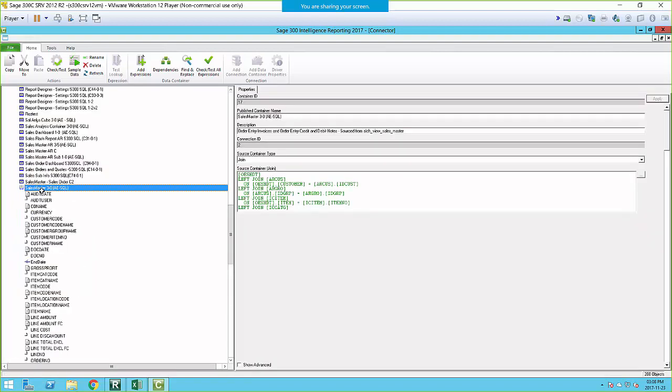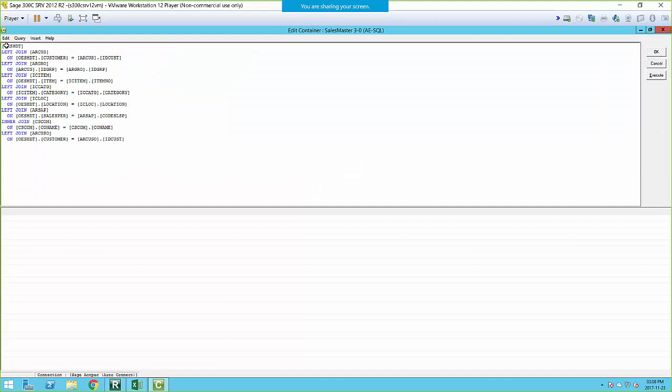Remembering the best practice would be to make a copy of this and then recreate your report off of that if you're adding additional tables or additional fields to this table or data container. So now I want to have a look at how this is set up. This particular sales master data container is set up using SQL, and as we identified that new table, the customer optional fields table, we need to now add that to the SQL query. To do that, I'm just going to copy this top one over here,